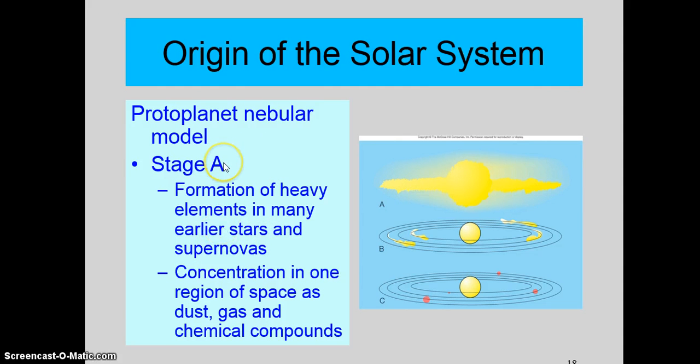For most stars, when they die, they are not massive enough to become supernovas, and those stars will create, from hydrogen and helium, all the way up to iron, the element iron. But these larger stars, when they go supernova, will create the rest of the periodic table, all the way up to uranium, element 92, the last naturally occurring element. What we realize is that our sun has about 2% of its mass made of elements heavier than hydrogen and helium. Therefore, we know there must have been a supernova that created those elements, and that spread to the original interstellar gas cloud, and then that gas cloud